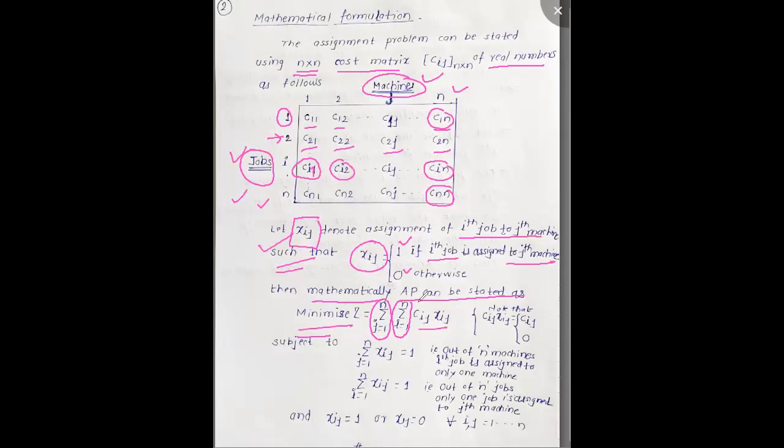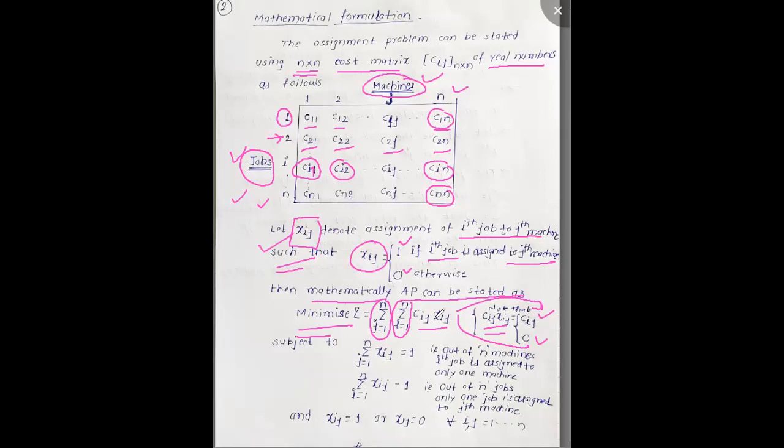Now the product. Cij is the cost of performing the ith job on the jth machine. Note that this variable takes only two values. If xij is 1, we get Cij, and when xij is 0, we get 0. That means this product is either Cij or it is 0. It is Cij when we assign the ith job to the jth machine. Otherwise, this value is 0.